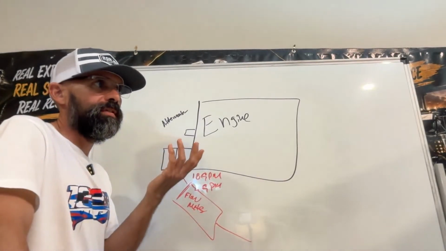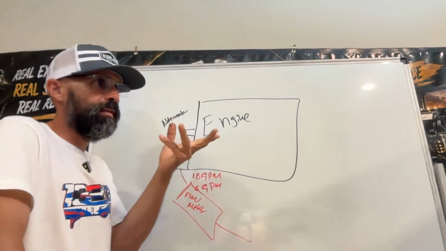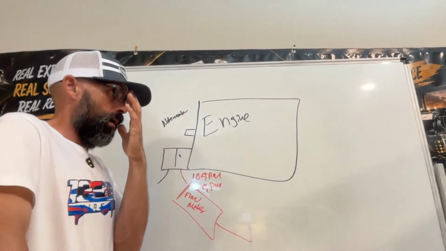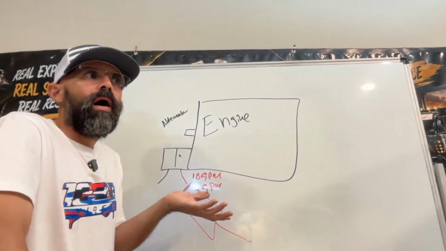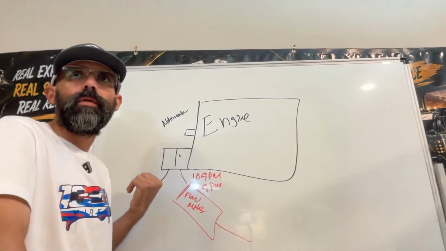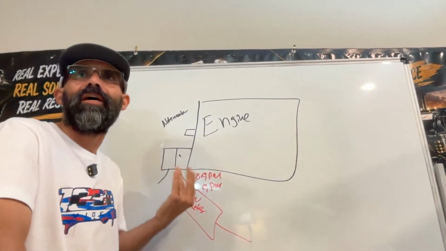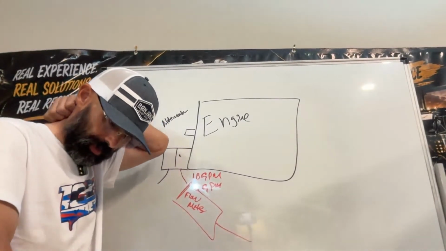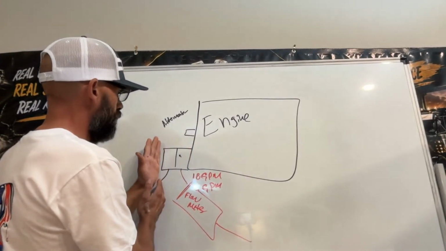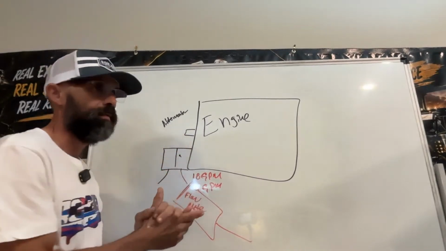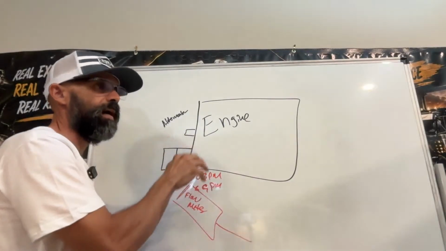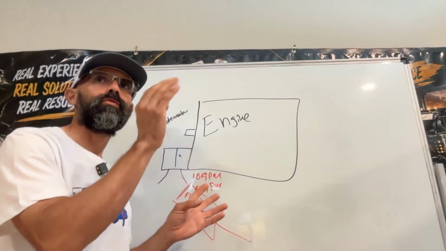Some people like to disassemble the pump and inspect it, right? Which is okay. I do that because I want to know why I am getting 6 GPMs. I already know that I have an issue on the pump. So let me remove it, open it up, and see what happened, because I gotta find out what happened, right? But when I open it up, you're gonna have sections. You're gonna have a plate here, a plate in between, and then some other plates. They're all aluminum. When you open it up and remove the gears, you're gonna see that inside the housing is worn out. You're gonna see that it's scraped off,